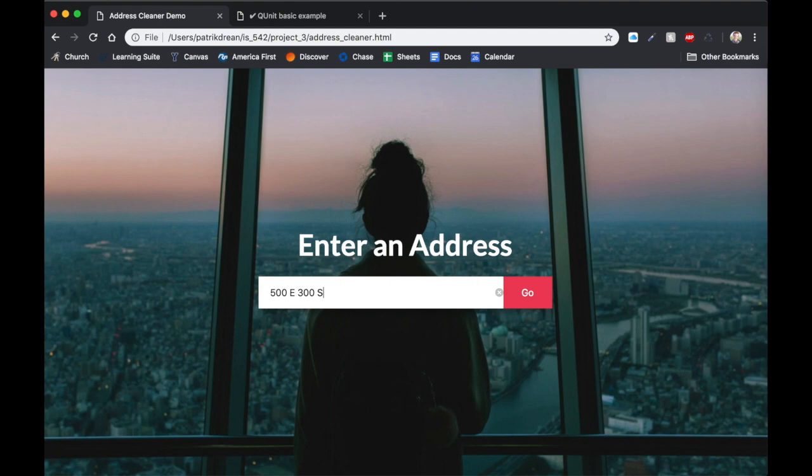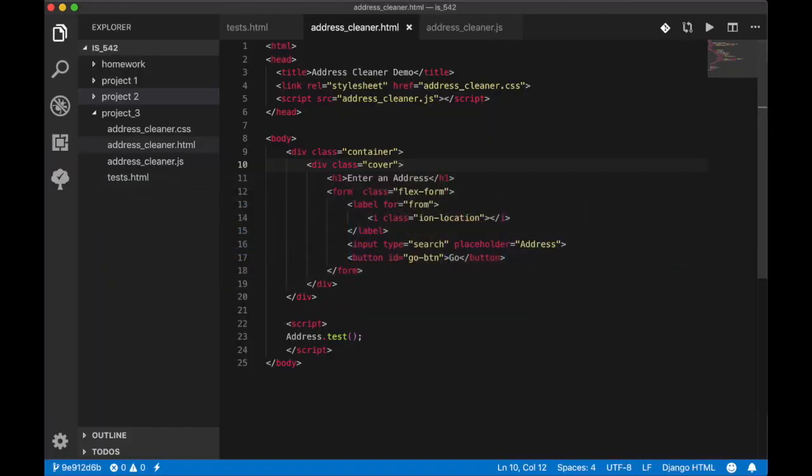So again, it's just a simple form. Let me show you the project structure here. We have this HTML page that I was just showing you with the associated CSS to style it. And then we'll have the JavaScript that will actually handle the different functions to remove the periods and to make the changes that we need to. And then here is the actual